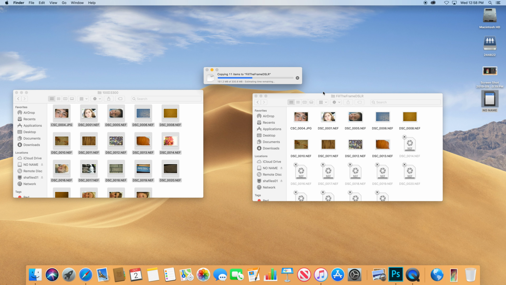So once you've transferred all of your files off of your card, this is something that we do frequently. Sometimes students won't do this, and then their card will fill up eventually. But you can go ahead and format the card in the camera. And when you format a card in the camera, it's going to erase all of the images that are